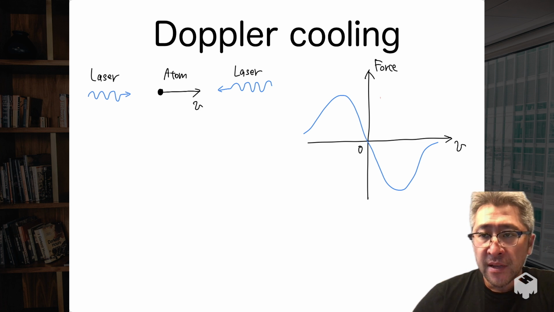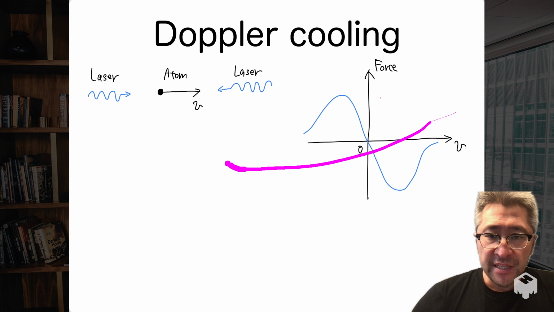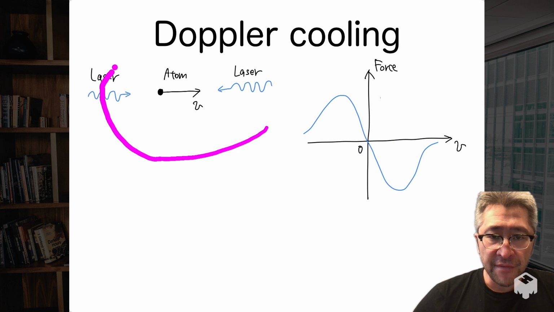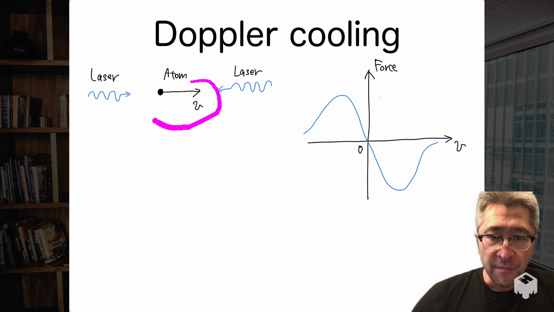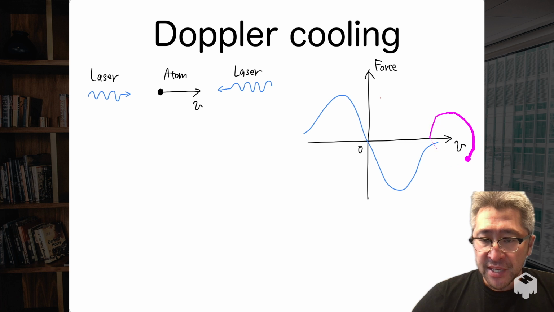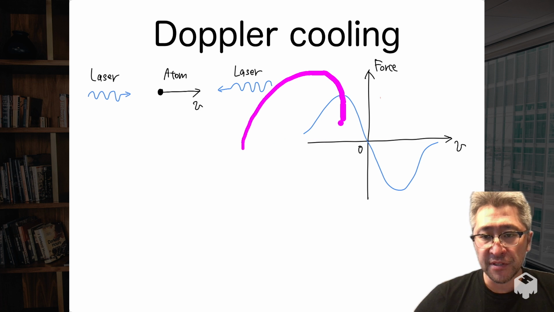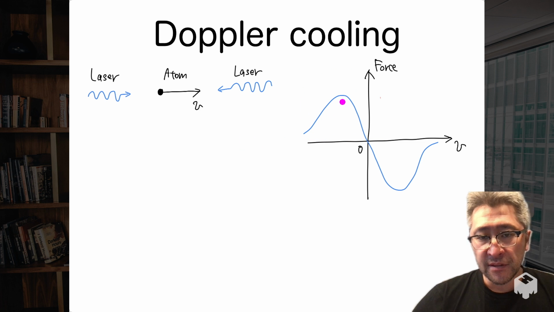Here, the atom is moving in this direction, and there are many lasers. The lasers randomly affect this atom. By the Doppler effect, the force by the laser is described by this figure. If the velocity V is positive, then the force is negative, and if the velocity is negative, the force is positive. Therefore, this force